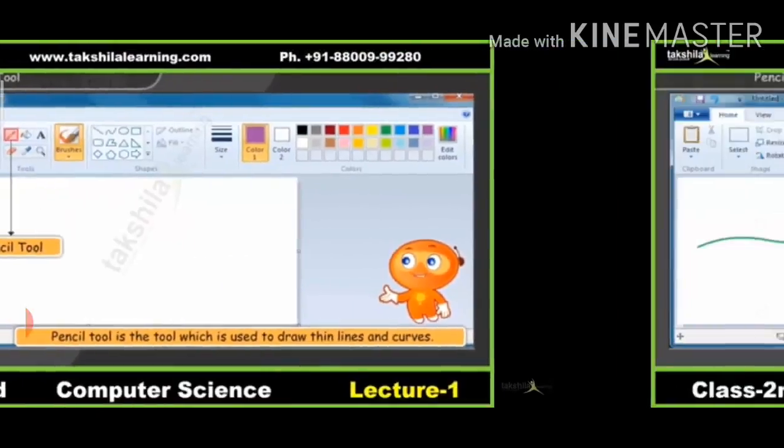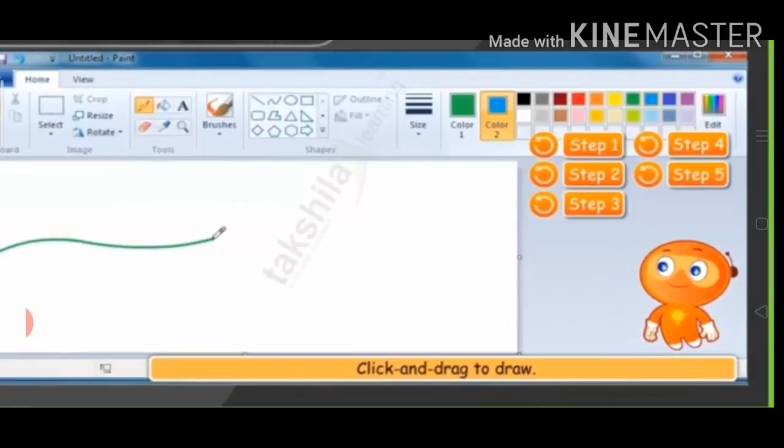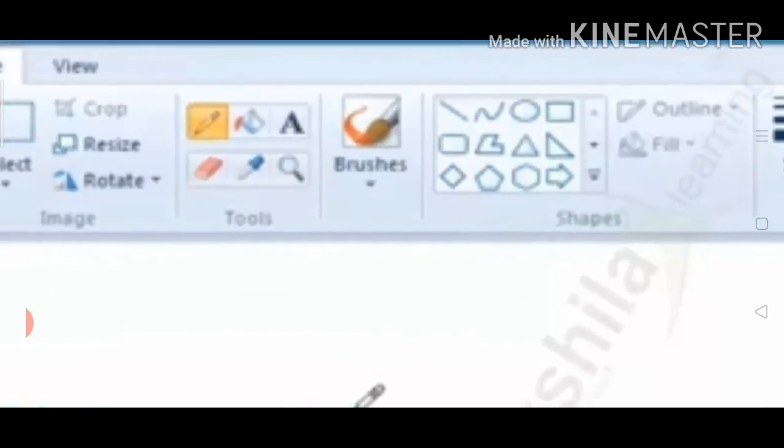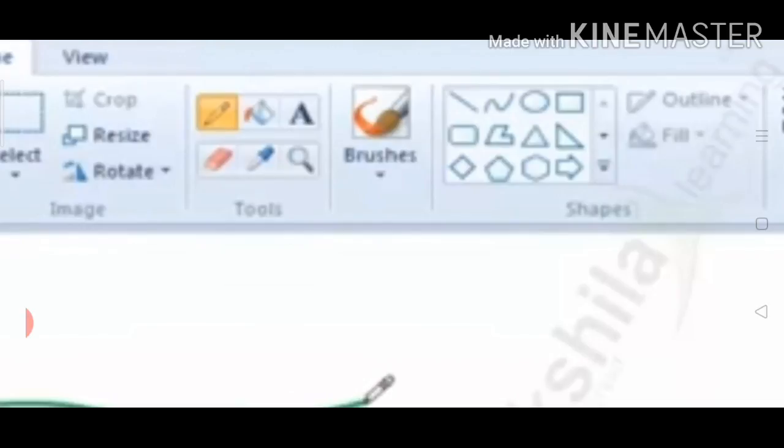Now, how can you use the pencil tool? You have to first select this pencil tool by using your mouse.